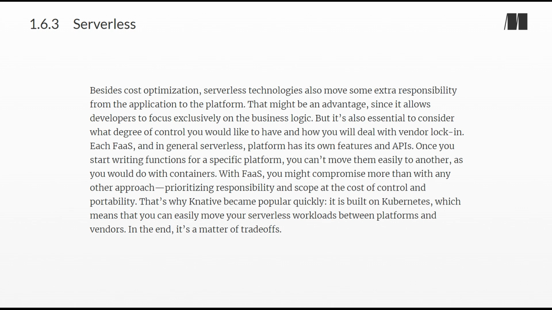Besides cost optimization, serverless technologies also move some extra responsibility from the application to the platform. That might be an advantage, since it allows developers to focus exclusively on the business logic. But it's also essential to consider what degree of control you would like to have and how you will deal with vendor lock-in. Each FaaS, and in general serverless platform, has its own features and APIs. Once you start writing functions for a specific platform, you can't move them easily to another, as you would do with containers. With FaaS, you might compromise more than with any other approach, prioritizing responsibility and scope at the cost of control and